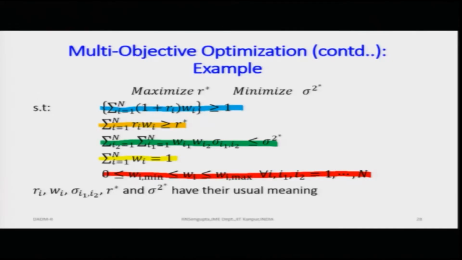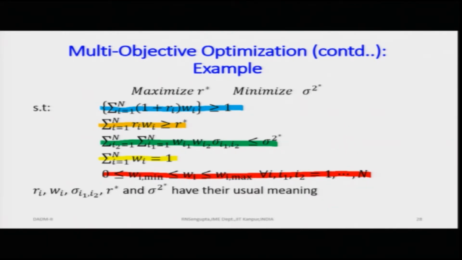Now, here in the last line it mentions R_i, W_i, sigma_i1, sigma_i2, sigma_i1i2, R star and sigma star have the usual meaning, where R_i, again I am mentioning, is the return of each and every stock, W_i is the weight which you are investing in each and every stock, where i is equal to 1 to n,